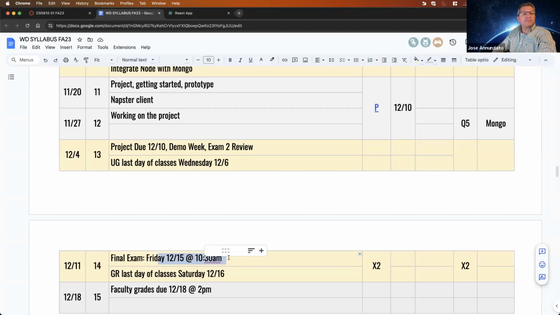Demo week: the final project is due December 10th, and the demos start the following day, so December 11th, the week of the 11th. I think the 11th is a Monday. So that Monday we'll have the first demos, and it'll go on for the next 4 days. I think there are 4 time slots or 4 days where the TAs have created time slots. You can choose the TA and what day.